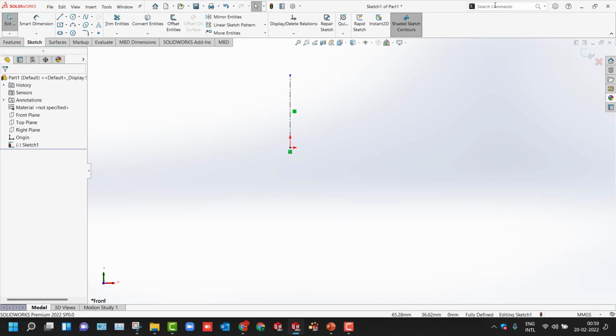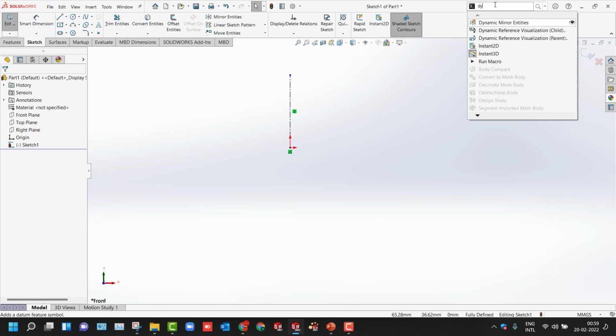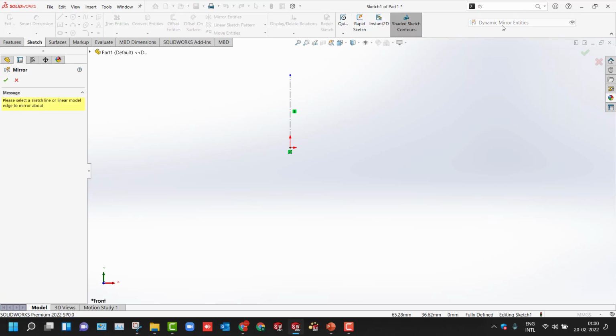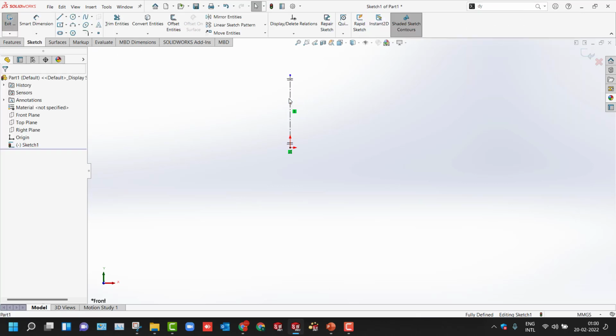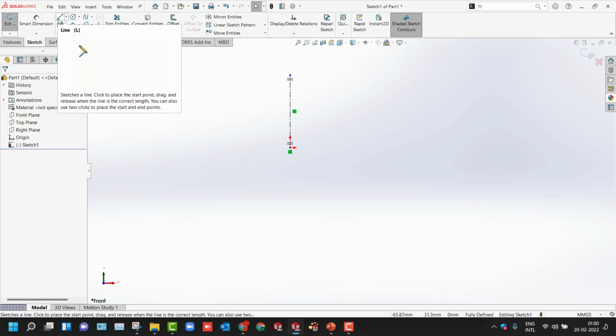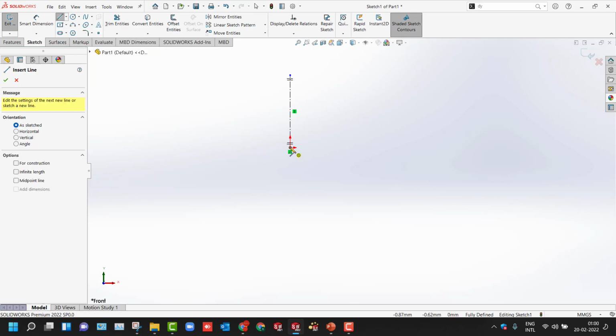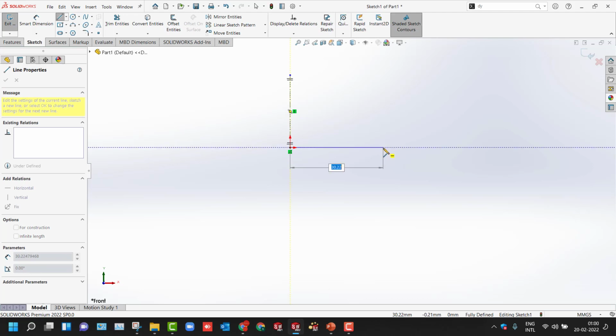Now I'll search for the dynamic mirror entities tool, and I'll select this line. Once you get the symbol on it, it shows that the dynamic mirror entity tool is active. Now I'll start with the sketch workbench. I'll draw the sketch according to sketch 4, so approximately it looks like this,